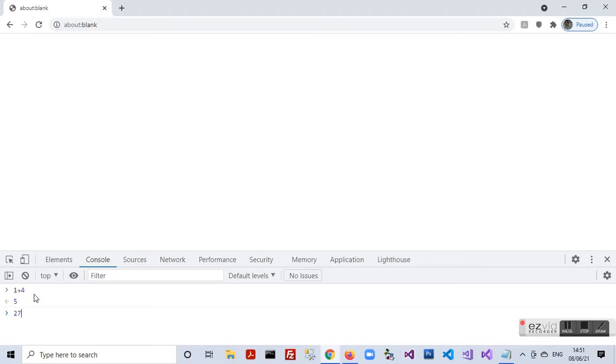If we try to make a calculation which does not have a defined result, like 10 divided by 0, then JavaScript console will return infinity as the answer. Again, we put in this value 10 divided by 0 and let us see the output returned by the console.